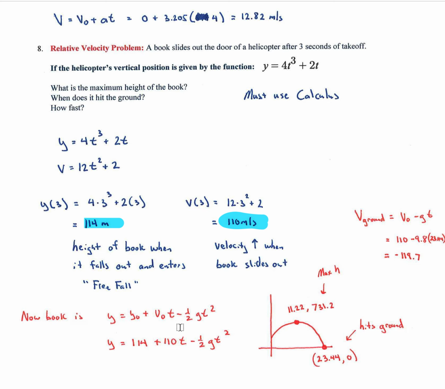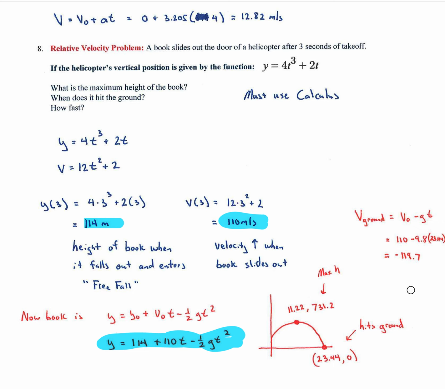And so I write a new equation down here to represent what's happening to the book the moment it slides out. It's 114 meters in the air, it's going 110 meters per second up, and it's under the influence of gravity. So gravity is going to slow it down and then speed it up and have it hit the ground. And so the maximum height of the book looks like that, 731. It hits the ground at 23 seconds, and how fast it hits the ground looks like 119 meters per second